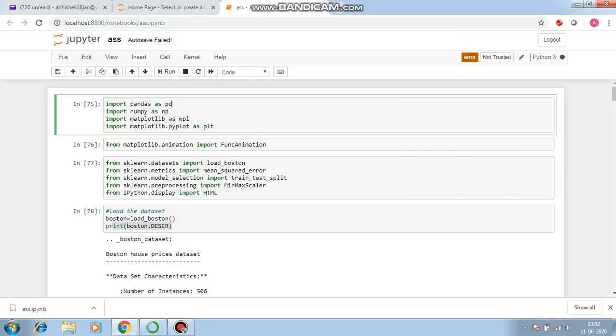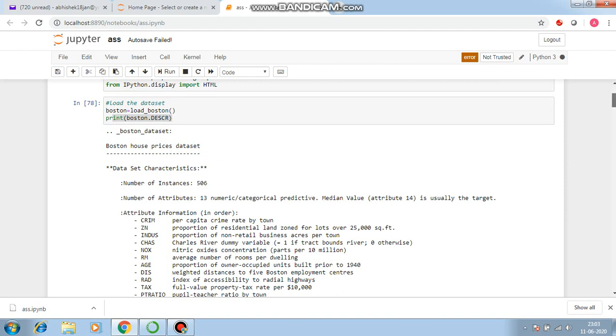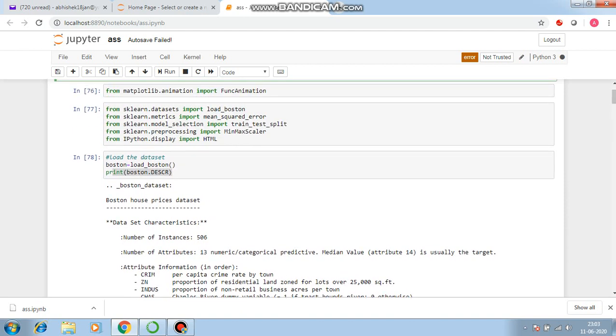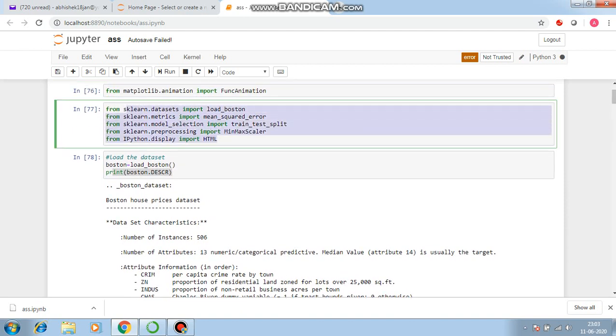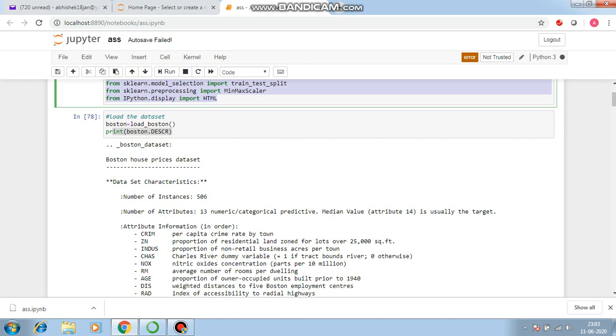Hello everyone. Today I am going to discuss with you all how to predict the price of Boston housing. For that we will first import all the necessary libraries as needed, and this sklearn is very useful for the machine learning algorithm. So make sure that you import all the necessary things, and then this is the first phase of our program. We have to first load the data set, and for that we just